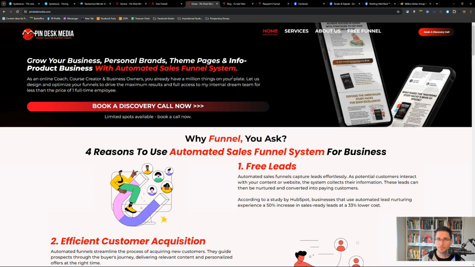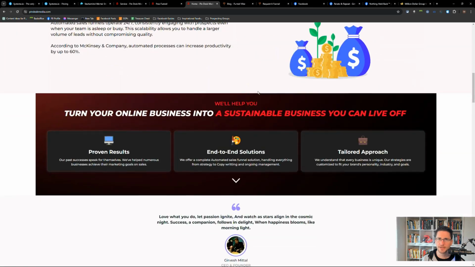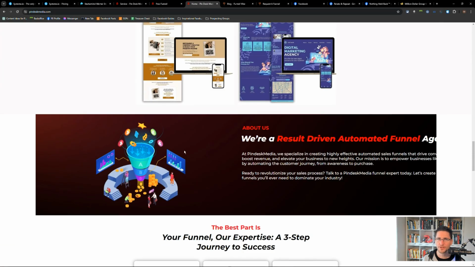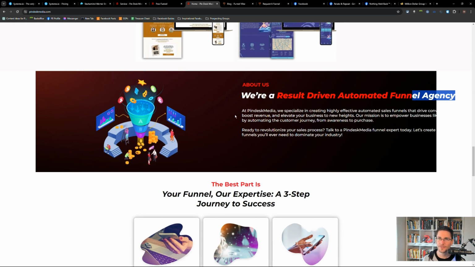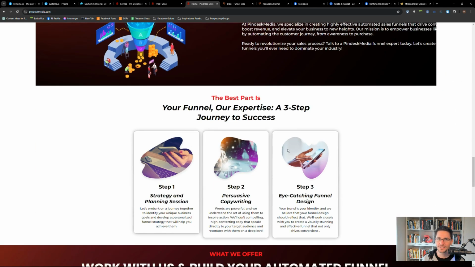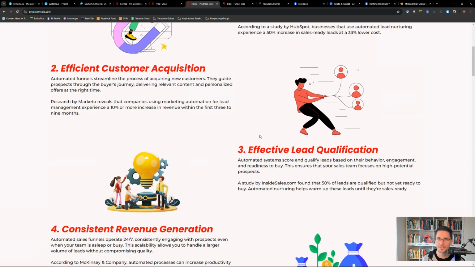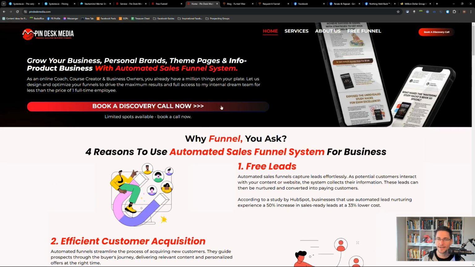So one thing with the design on this page is that everything looks really condensed. This is something that I personally do not like. There is no play with the fonts, with the backgrounds. Here we see there are some things missing. I'm currently here at 100%. The design is off, the fonts are off, and it really does not make that much sense. Maybe it's okay for a local business, but this is one of the reasons why he's only selling his services for $250 or $500 for the more extended funnels.